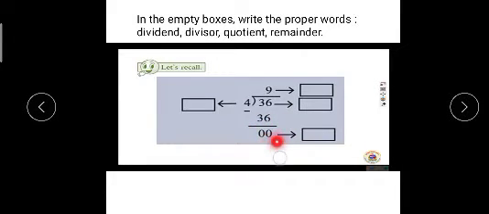Okay, 4 nines are 36, and after we subtract 36, the answer is 0, which is the remainder. Okay, there is a difference between remainder and remain. Remain means जो बचा हुआ है, क्या बचा है. ओके, तो